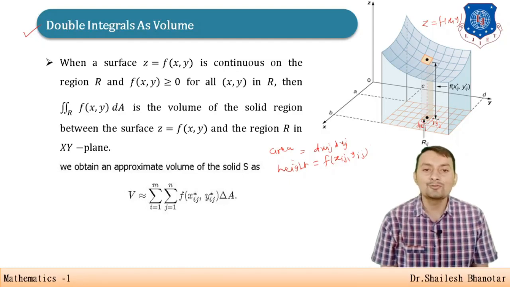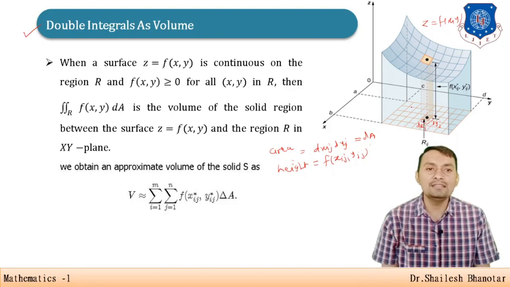If I assume this one particle only, the volume can be represented as f of x i j star, y i j star, where the star is assumed for simplicity, and the area is denoted by dA. When I consider the sum of all these parts, summation i equal to 1 to m and summation j equal to 1 to n of f of x i j star, y i j star into dA, that will be